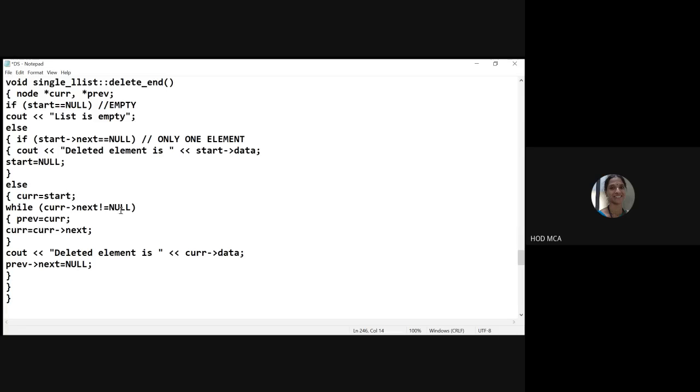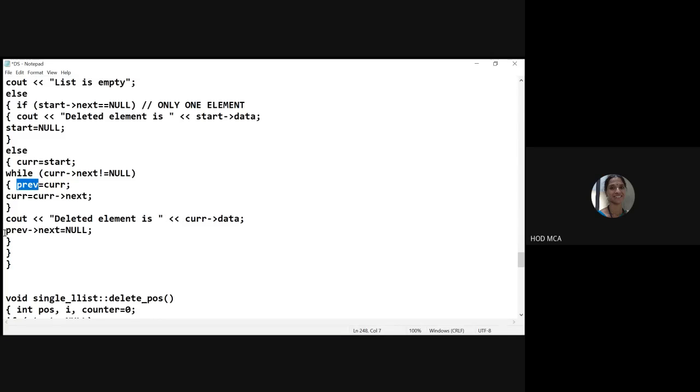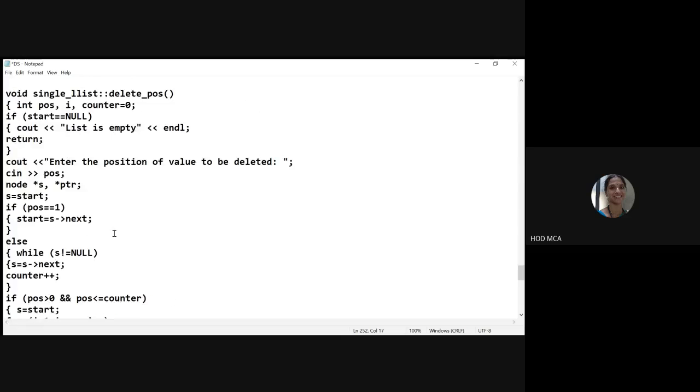While current is not equal to null, I'll go on traversing, current is equal to current of next, and then the previous element will be pointing to previous. Then I am deleting current of data, previous of next will be set to null. That means the last but one node will be set to null. So that is your deletion at the end.